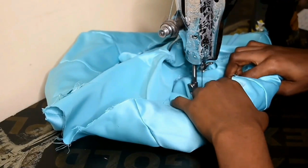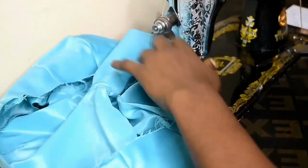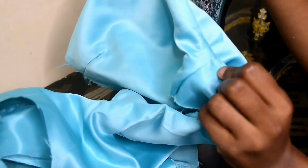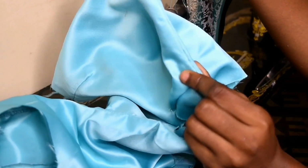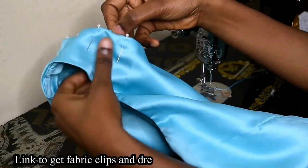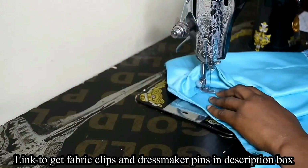So once I'm done with that, this actually helps your neckline to stay in place without shifting. So yeah, this is how it looks. Then you can press it so it lays nice and flat. So yeah, for the armhole area, I just folded it in by 1/2 inch allowance and then use my dressmaker